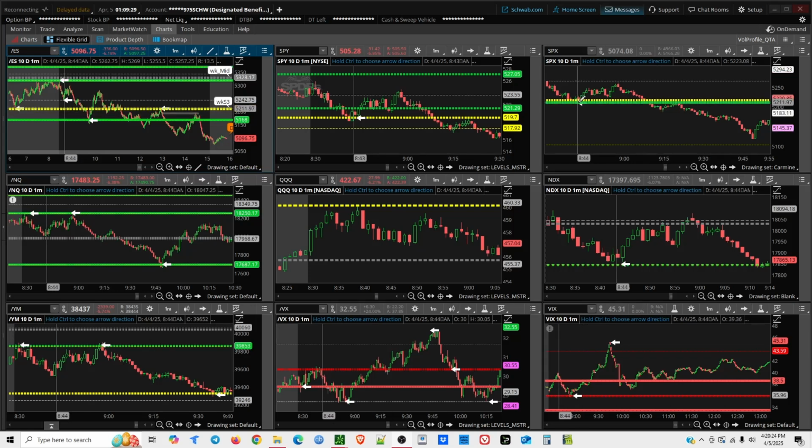But when you see a line that coincides with a line here and coincides with a line on this chart, and possibly a line on this chart and a line on this chart and a line on this chart, you end up with a very, very high likelihood of a bounce at any particular spot when you see a convergence and a confluence of bounceable lines. And it doesn't have to be pivot points. It could be yesterday's close, or it could be the day's half gap, or it could be the 200 EMA